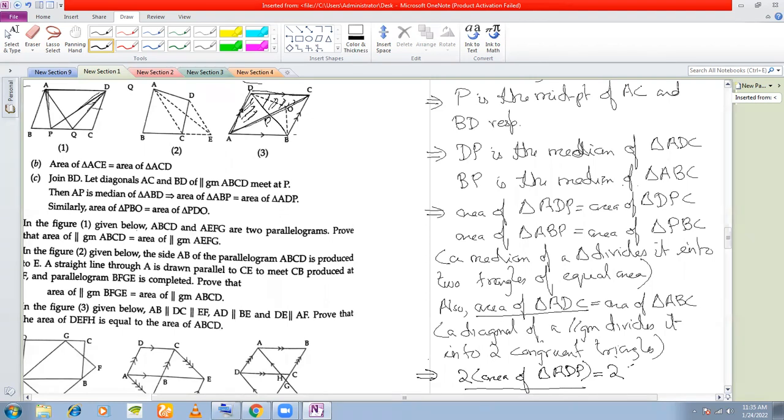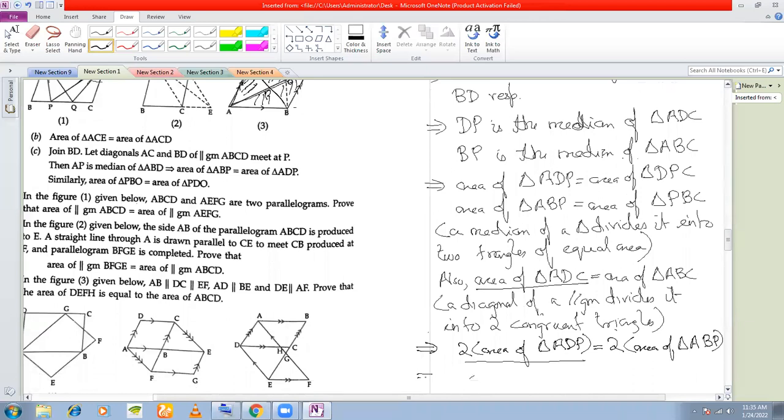I can write twice area of triangle ABP, because these two triangles are also equal in area, isn't it? What have I shown here? I have shown that area of triangle ADP is equal to area of triangle ABP,